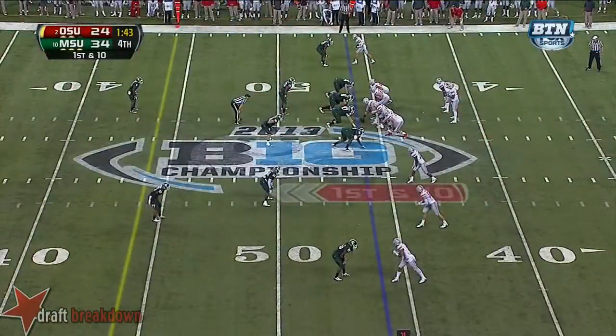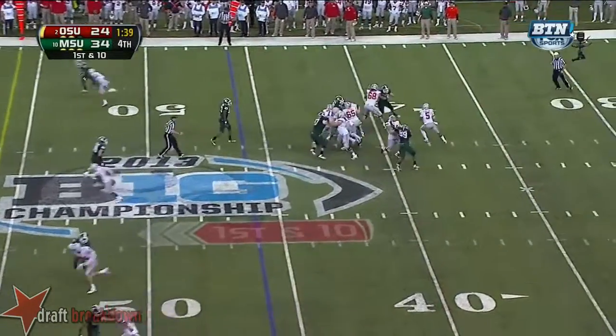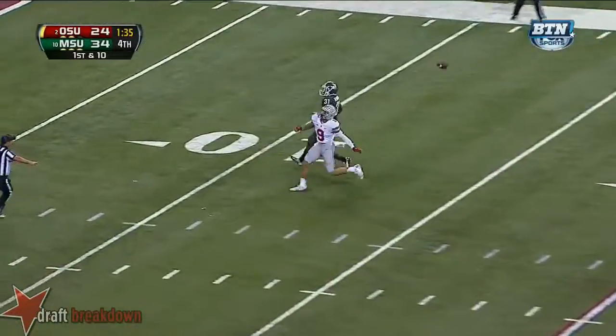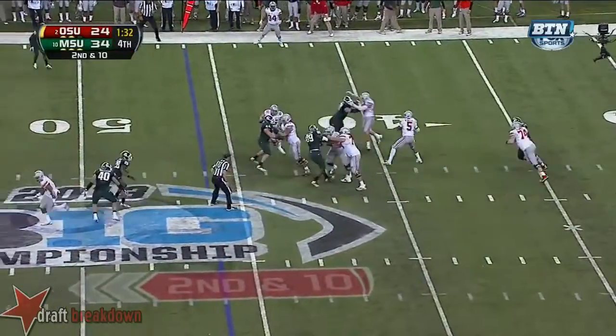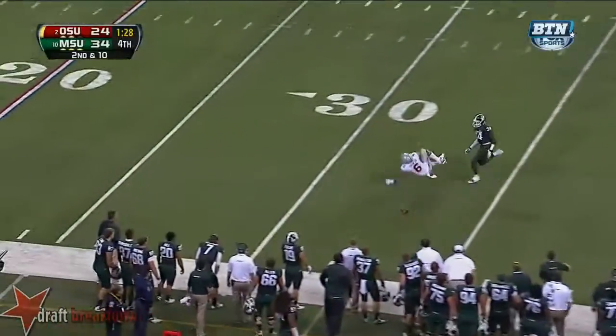Michigan State, rush the passer, cover downfield. Good coverage by Denard, going to make it a difficult throw. He's going to have to be perfect to complete that. Miller. In trouble. Miller lets it go down the field for Philly Brown, incomplete. And that'll bring